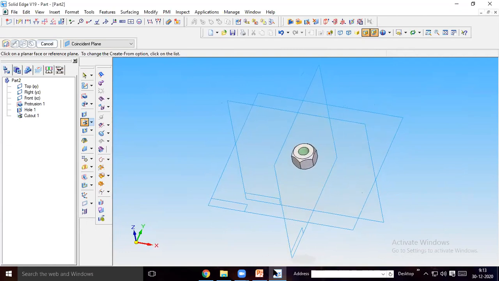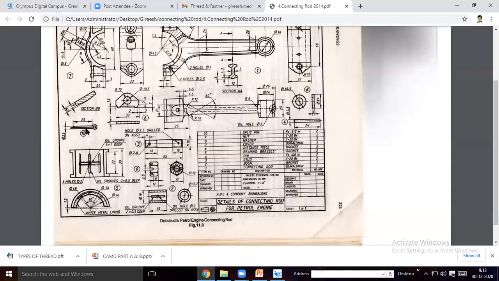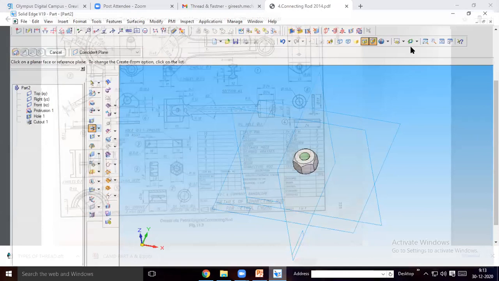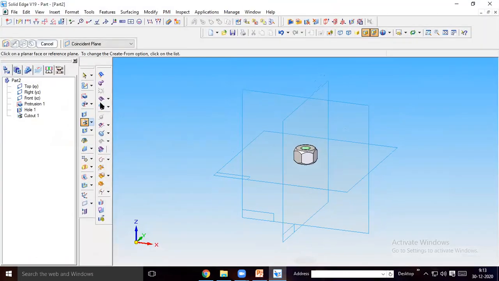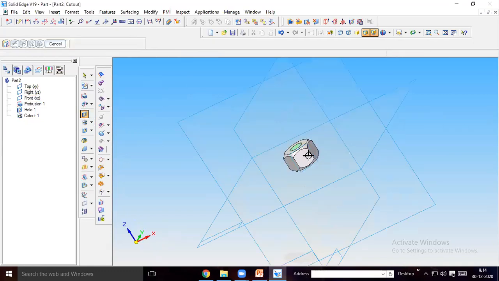Here, in order to place a pin over here, there is a pin. During assembly it will go past this section. Okay, for the diagonally opposite face you have to draw this rectangle here. The rectangle has dimensions: from here to here it is 12, this side is 8, which means the height of that rectangle portion will be 4 and the width will be 2.8. Draw the rectangle like that here. Keep it in dimetric view. So here you see, I will take the cutout option. Cutout option. Take any one face here. Okay.